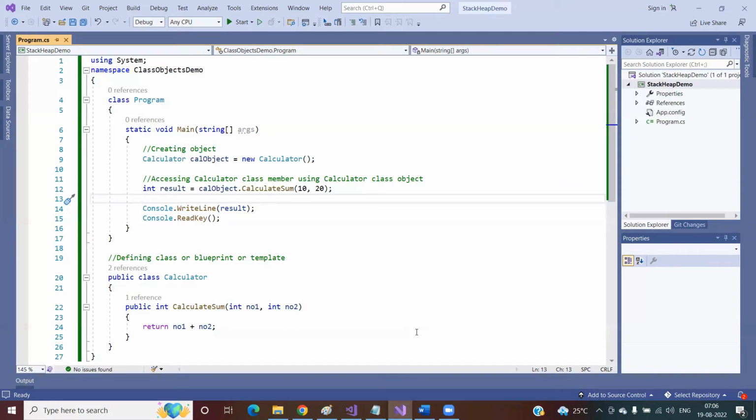So basically the first concept is OOPS is a technique, not a technology. We need to understand what is meant by a technology and what is meant by a technique. Technology means it provides some syntaxes, right? Syntaxes means, if you look at the C programming language,